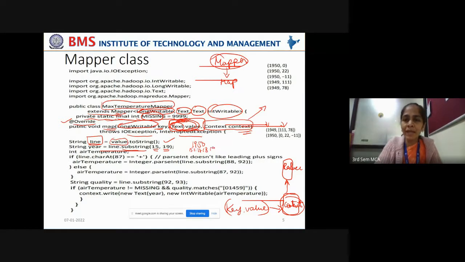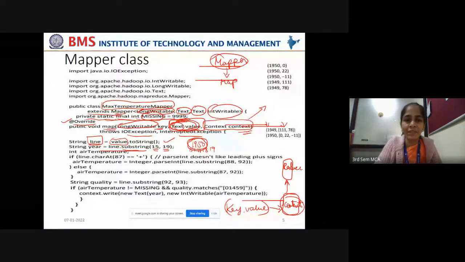Up to the 19th character you give in the substring to extract this string out. So you take 15 till 19 so that it extracts the 15th, 16th, 17th and 18th characters, which will give you the year in which the air temperature is recorded. So the purpose of using substring is to get the substring out of the main string. In this line string, you're extracting the substring that starts at the 15th character and ends at the 18th character.